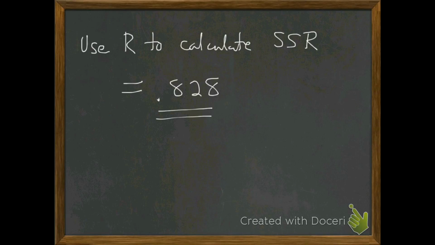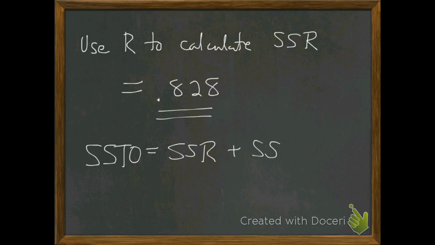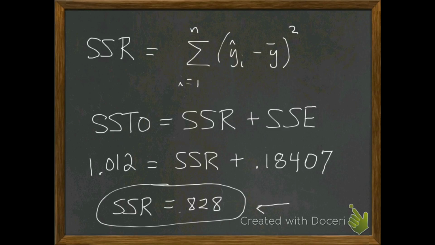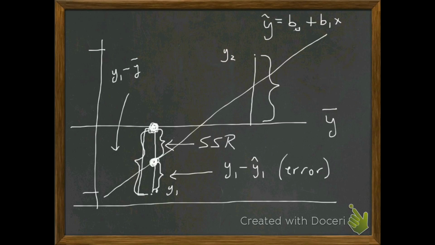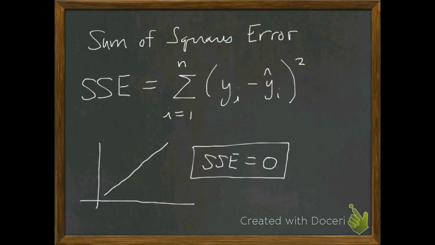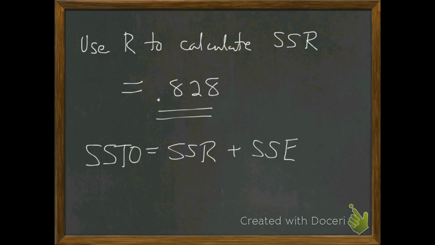All right, guys, so what we can see is that indeed when you do copy down the correct answers using R, the sum of squares for the total is equal to the sum of squares for our regression plus our sum of squares for the error, which was clearly illustrated graphically way back when with this illustration right here. So I want to blow that up a little bit. Make sure that you get a visual on this. So if we look at the mean and we look at the prediction,